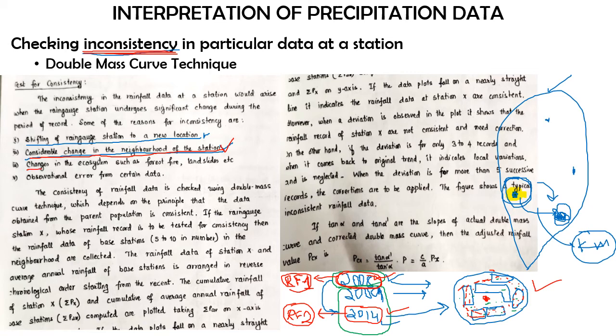Now the third point is changes in the ecosystem such as forest fire, landslides, etc. This third point will elaborate on natural calamities. It is not with respect to the man-made activities as we have studied in the second point. For the third point, basically it will be the natural calamities. Imagine this second rain gauge station that we have over here. Again in the year, let us say, 2008, we don't have any natural calamities, so we had one set of conditions for the surrounding over here.